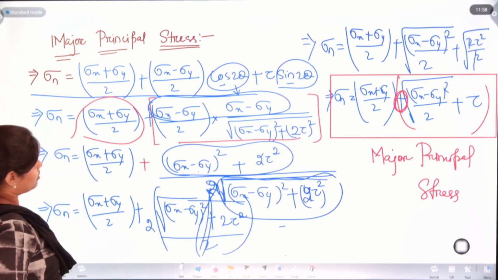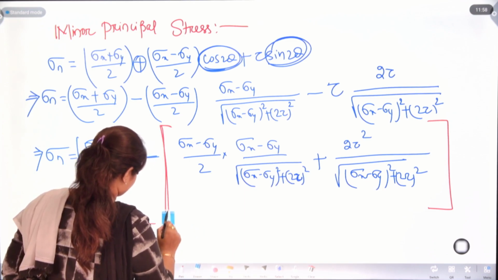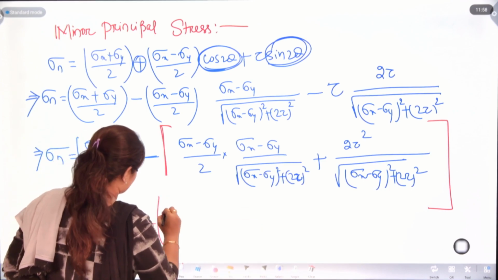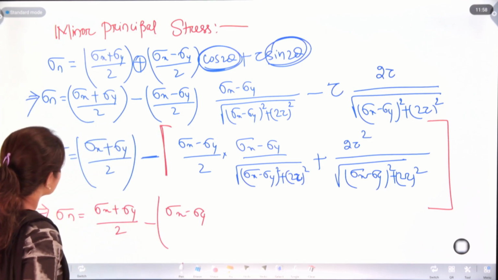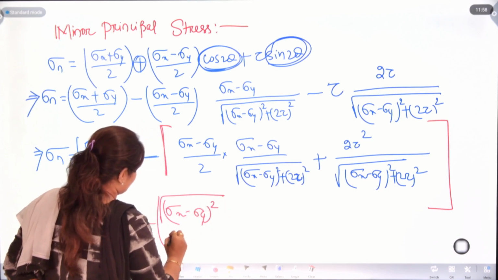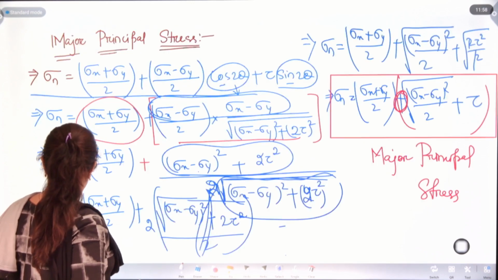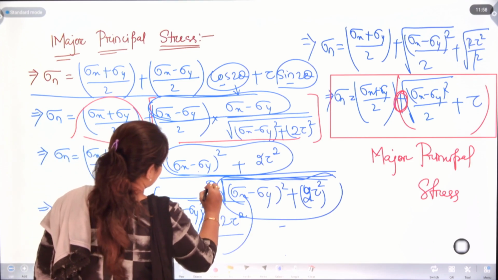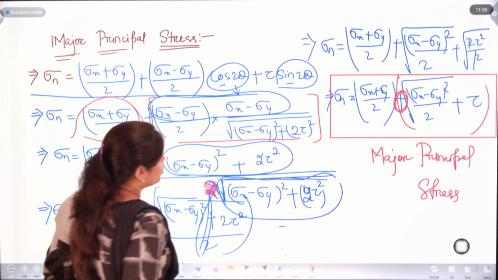So, we will have here minus sigma x minus sigma y, and we are having the root over of